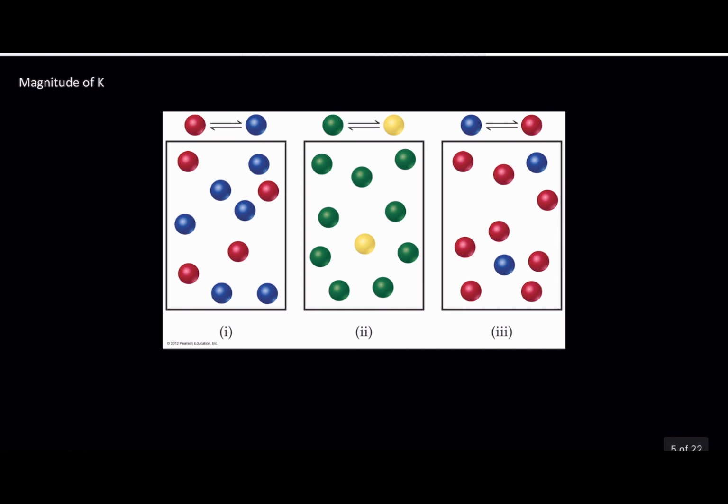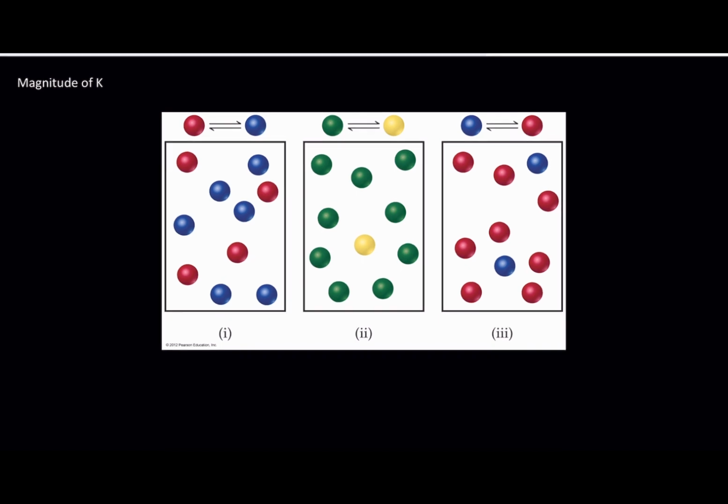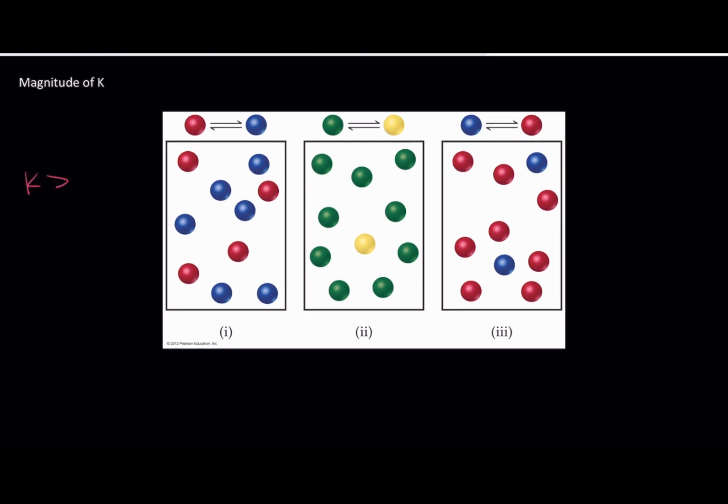All right, magnitude of K is another thing to think about. So magnitude, again, just meaning the literal size. And we basically have two options. Again, this goes back to what we sort of introduced back in chapter 19, where we talked about K can be greater than 1, or K can be less than 1, or K can equal 1,